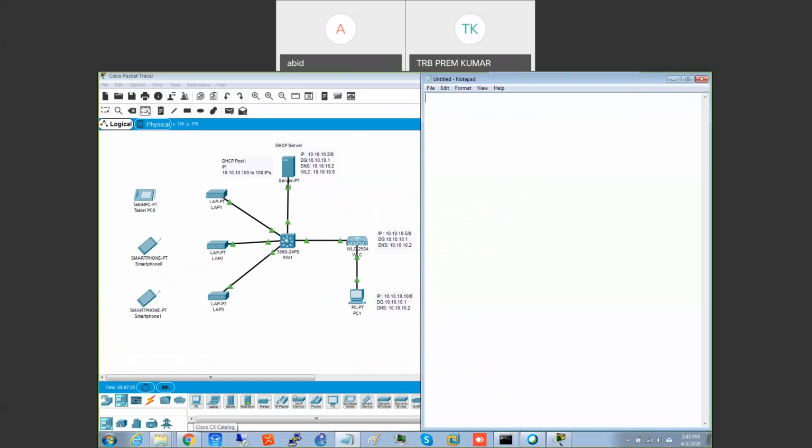Okay. So first thing, the topology I created. Let me write it up. This is wireless lab concepts.